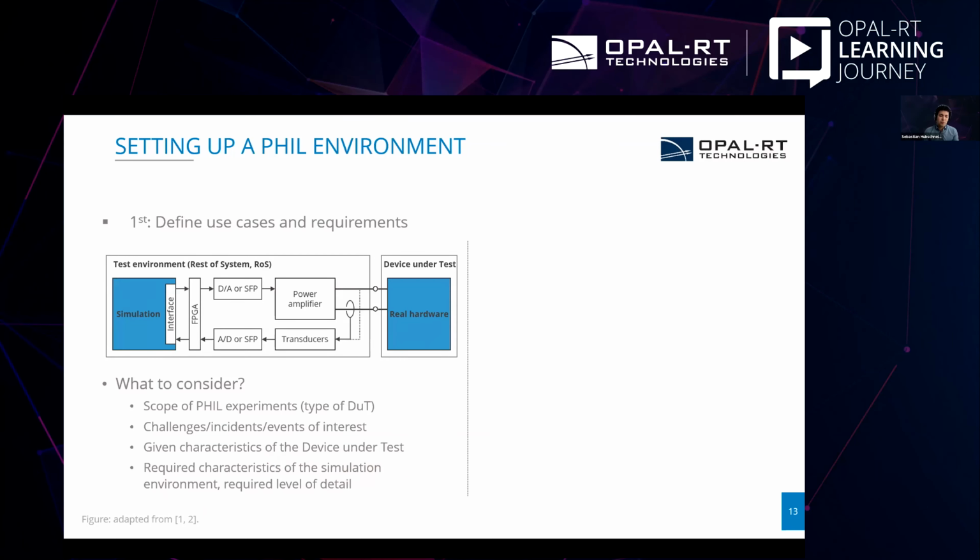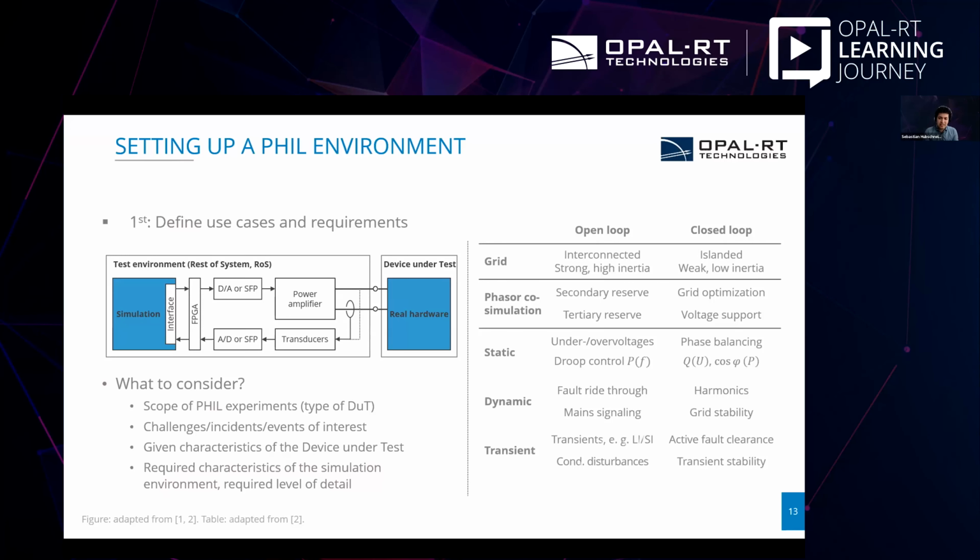So what control behavior do we need to simulate, or do we want to simulate? How fast are those controllers, and what is the required level of detail here? So what does this mean? Well, in the end, we need some temporal classification of test cases, like given exemplarily here on the right side